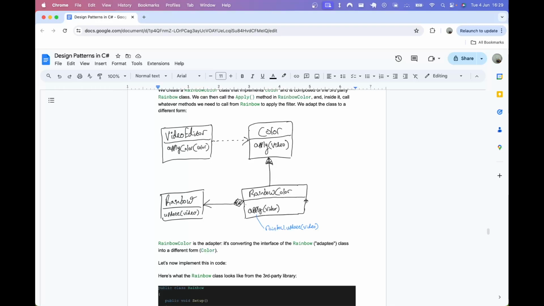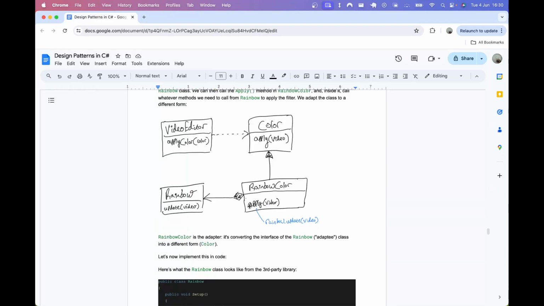So now this is the new class that we've created, this rainbow color class. This is our own custom class which implements color, has of course an apply method which takes a video, and then within the apply method we can call the rainbow object dot update and pass the video. And this rainbow color class is composed of, so it has a field of type rainbow. So essentially we've adapted this third-party rainbow class into a different form. We've adapted it into a color